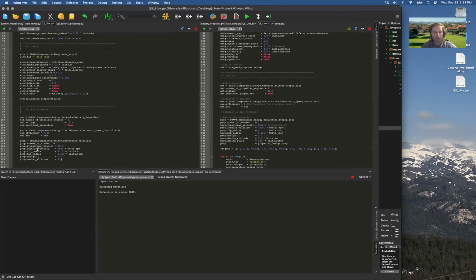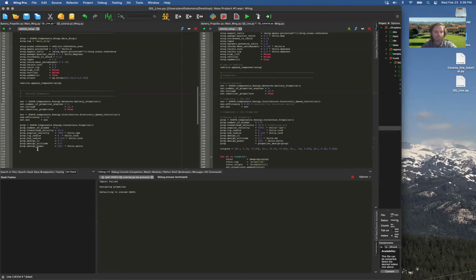Design altitude could be 0. It doesn't really matter. And then the design power is something I do know because I know how the motors are rated. I think I backed this off a little bit for this design condition, but I can kind of estimate a ballpark for what this should be. Okay, next, as I already imported my propeller design earlier, I'm going to pass this over to the propeller design tool